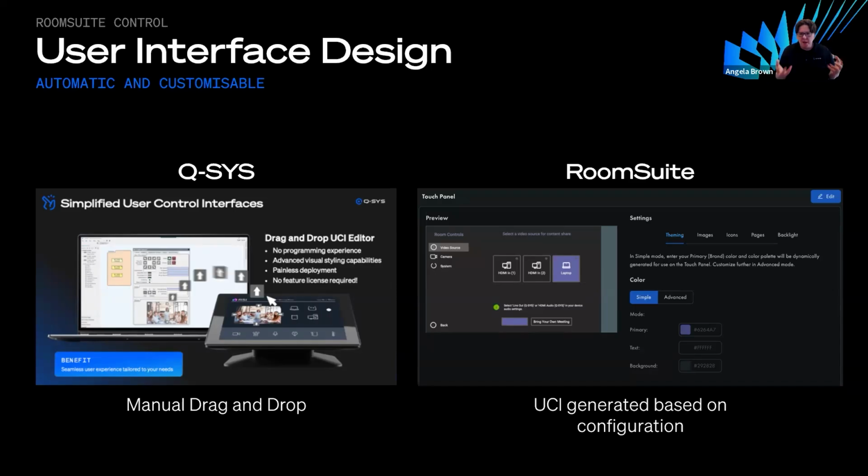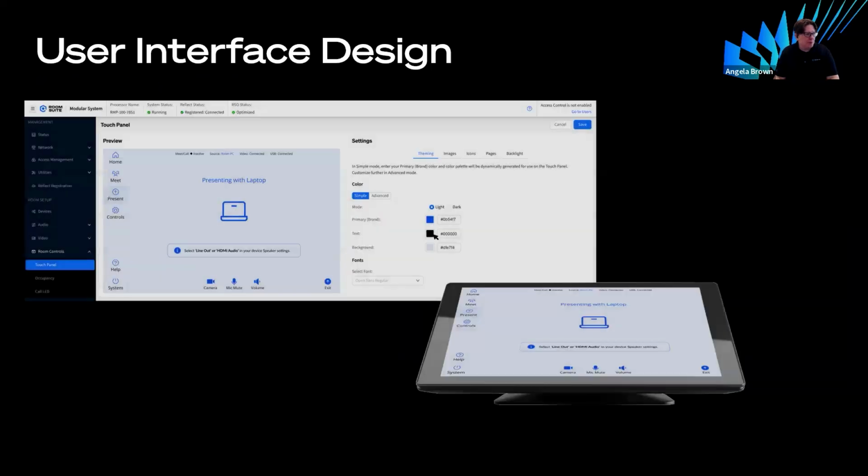So it would be nice to be able to do all the bells and whistles, but I think it's also nice to not have to do any programming at all, and to be able to just upload a logo, throw in the company colors, and be up and running, rather than having to spend a day before I get to site writing a UCI. So a couple of cool things that we have as part of this, though, that's nice,